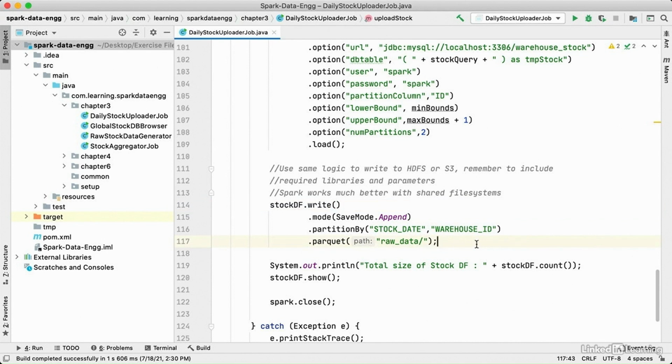The file will be created in Parquet format. We will also partition this data by stock date and partition ID. This will help in querying data later if filters need to be applied based on these attributes. Finally,